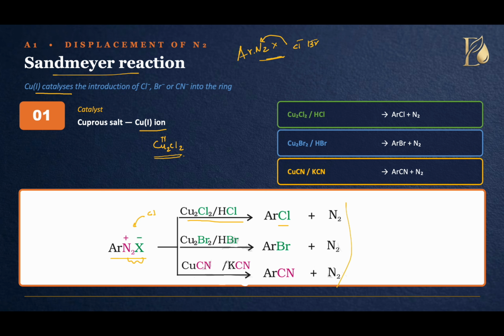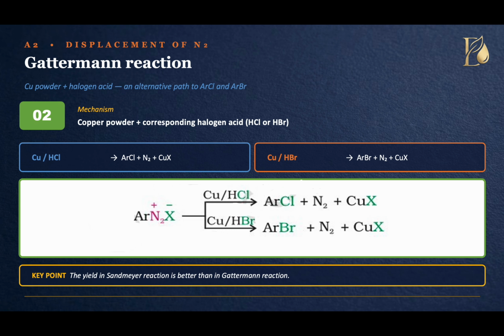Now a closely related reaction is the Gattermann reaction, which also introduces chlorine or bromine into the aromatic ring. However, instead of cuprous salts, this reaction uses copper powder along with hydrochloric acid or hydrobromic acid. In Sandmeyer's reaction, it was cuprous salts, but in Gattermann reaction, we are using copper powder along with halogen acid. This is an alternative method for introduction of chlorine or bromine to the aromatic ring. Although the mechanism is similar to Sandmeyer reaction, the yield obtained in Gattermann reaction is generally very low. Because of this, Sandmeyer reaction is usually preferred in particular applications, but it is important to understand both for